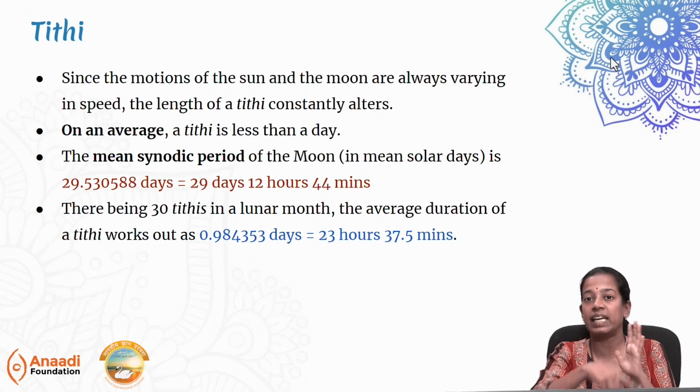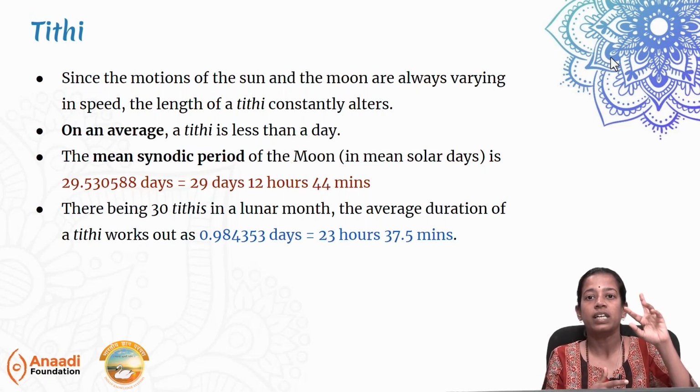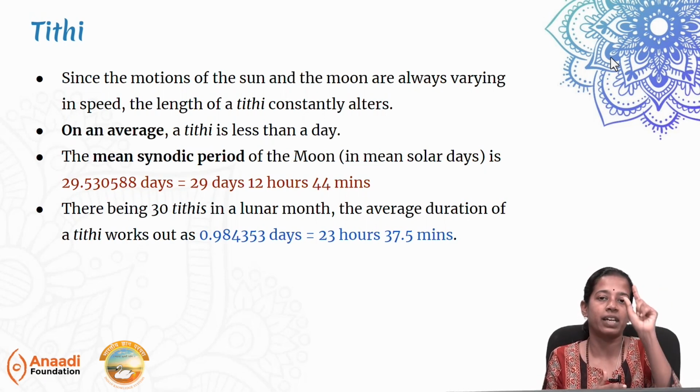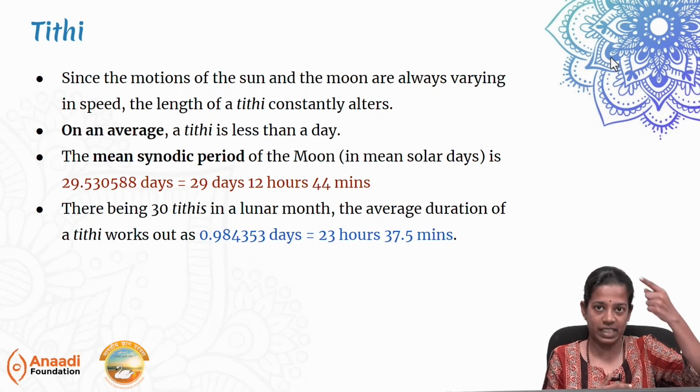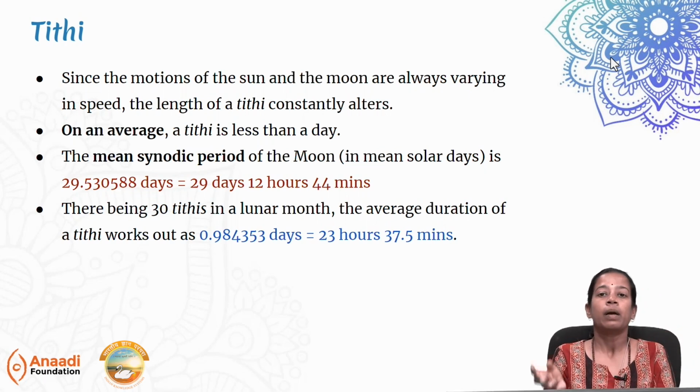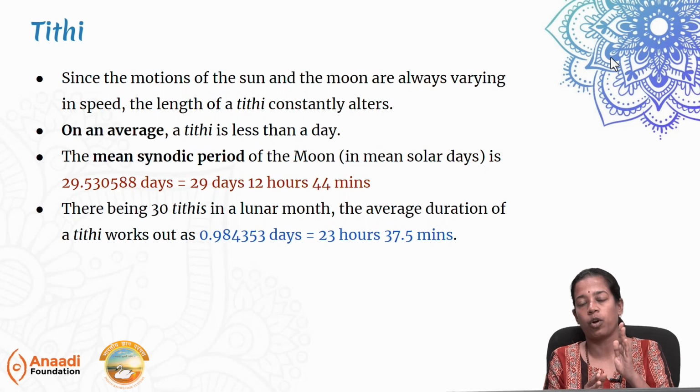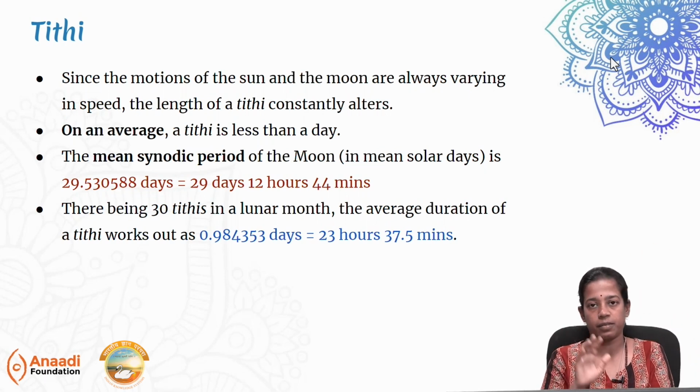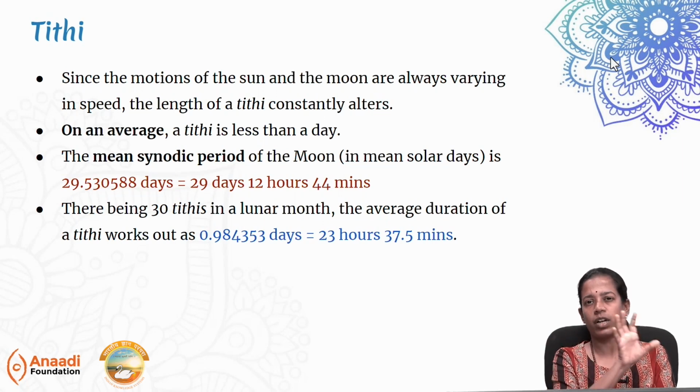That's called a sidereal period. So, the first one is for an astronomical phenomenon to repeat itself again, that's a synodic period. But a sidereal period is for the celestial body to come back to its own position with respect to those particular stars. We have also understood the mean synodic period between, let us say, one Amavasya to another Amavasya,